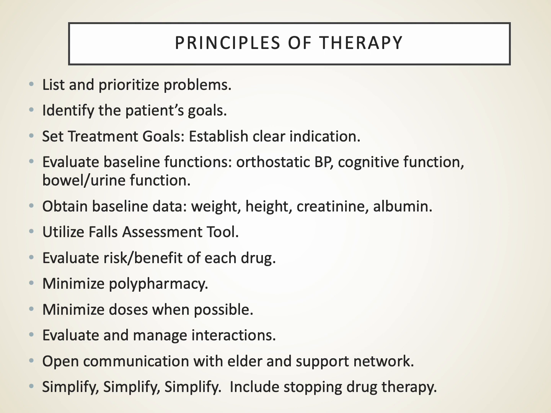Make sure you have adequate baseline information for patients, particularly in older patients. We might want to get orthostatic blood pressures, get their falls history, look at their cognitive function, their bowel and urine function, and then we have a baseline. Then when we add something, we can compare it to how they were before we added it and determine whether or not that drug is causing a potential problem. We also want to make sure we have baseline data of weight, height, serum creatinine, creatinine clearance, albumin. Particularly in older folks, if they have a risk for falls, we've done some kind of a falls assessment. We need to be clear we're evaluating the risk and benefit of each drug